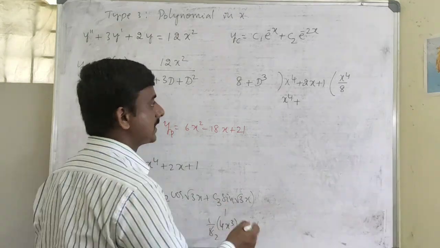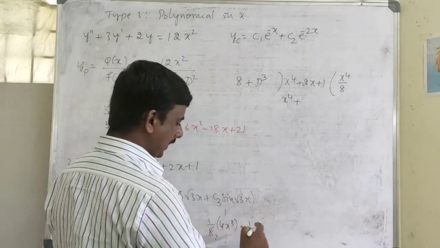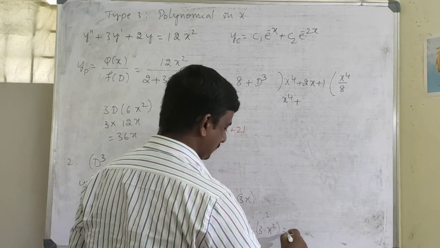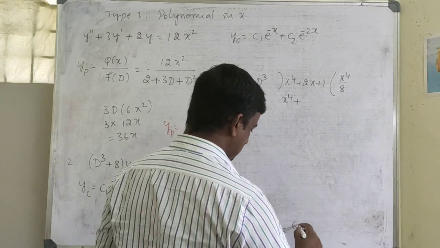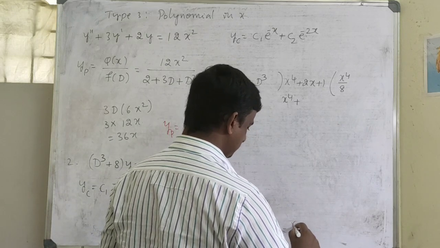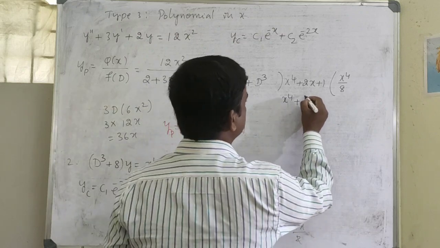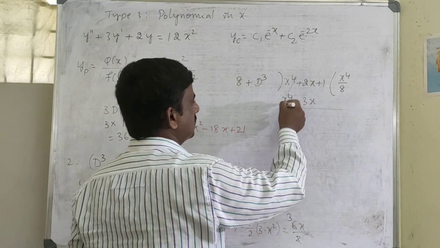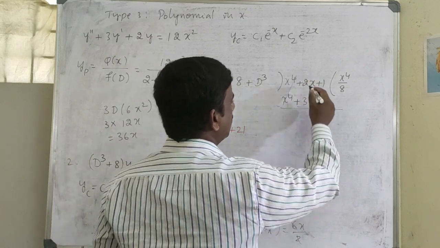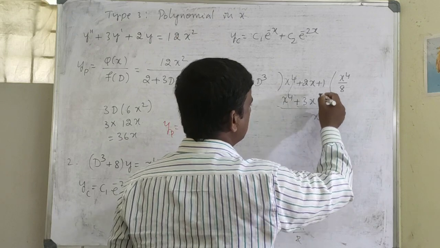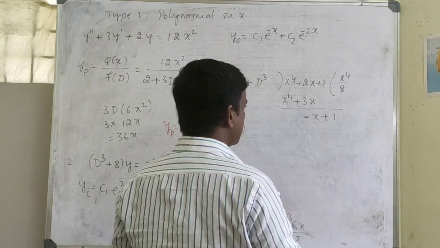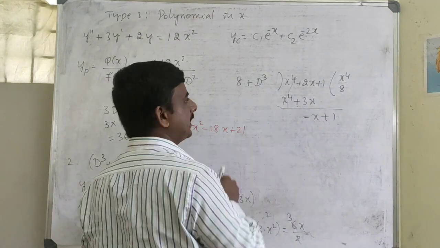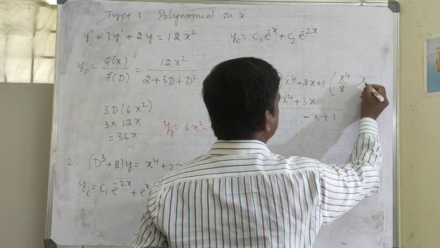This is the first derivative. Second derivative, x cube I am differentiating. So 3x square. So this is the second derivative. Differentiating again, 6x by 2. So 3x you get. Subtracting, these two get cancelled. 2x minus 3x, you get minus x plus 1. So I should get minus x here. So here I should write minus x divided by 8. So minus x by 8.